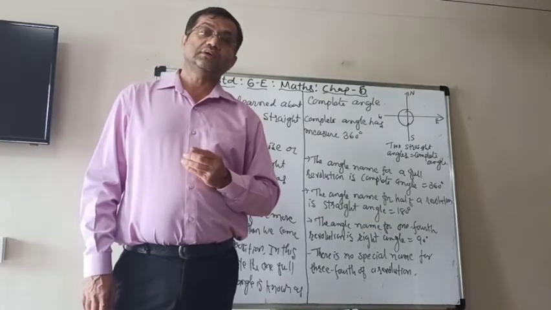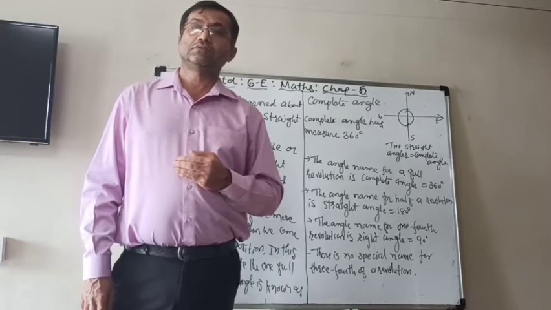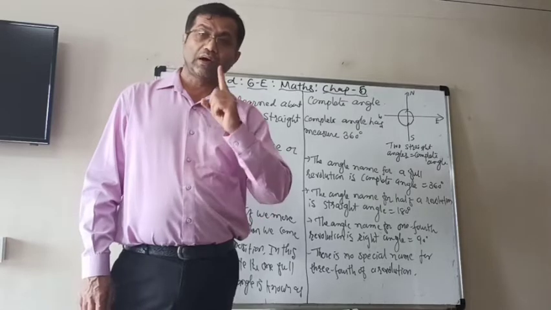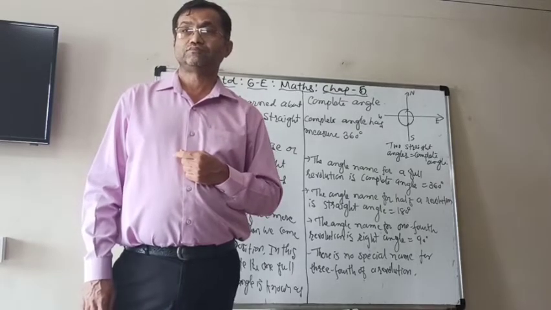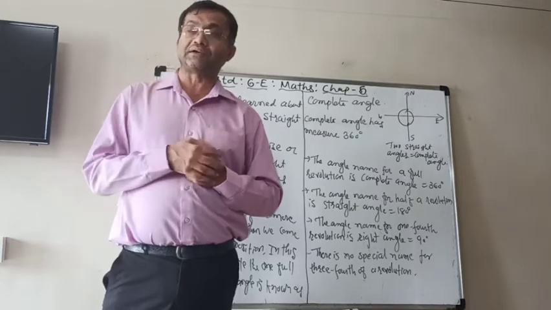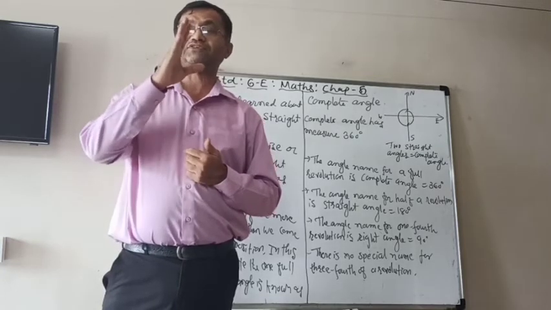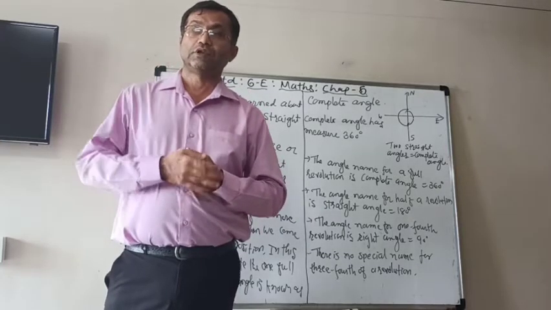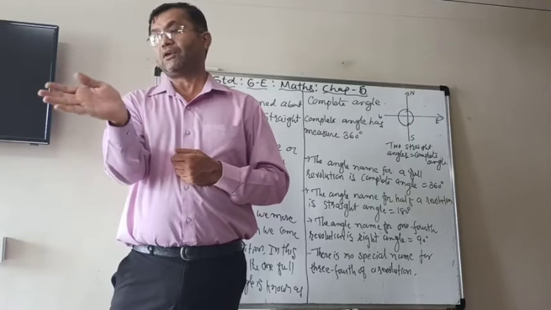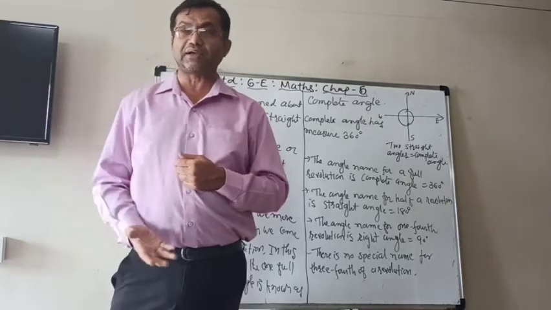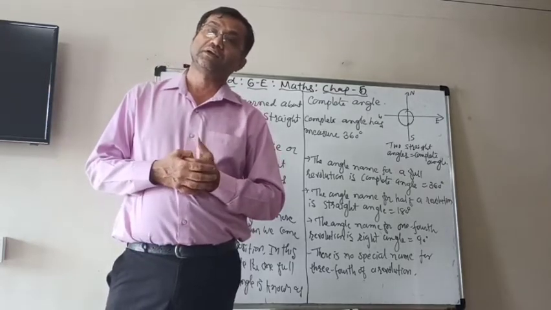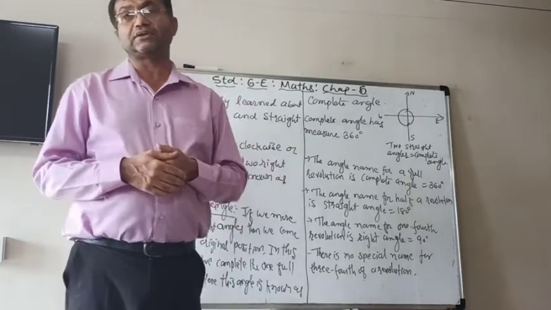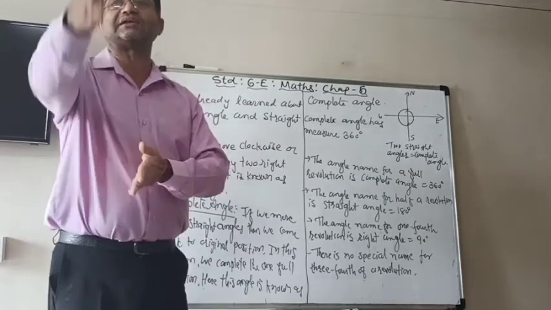Then again you move clockwise by a right angle, then you have moved two right angles, and you are facing towards south. So north, one right angle, to east, again one right angle, then you are at the south, facing south. So you can see that there is a straight angle, a straight line is there.